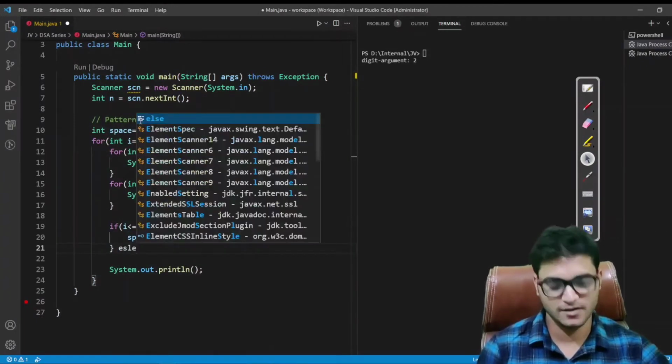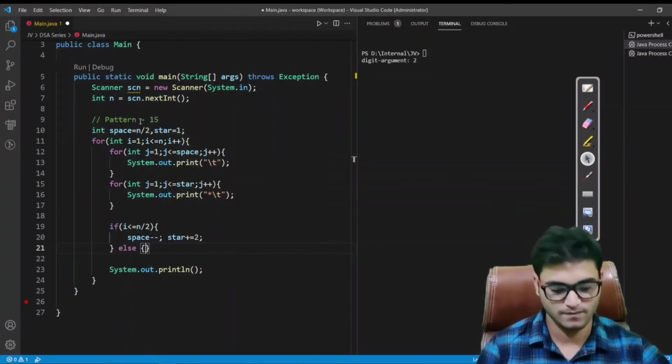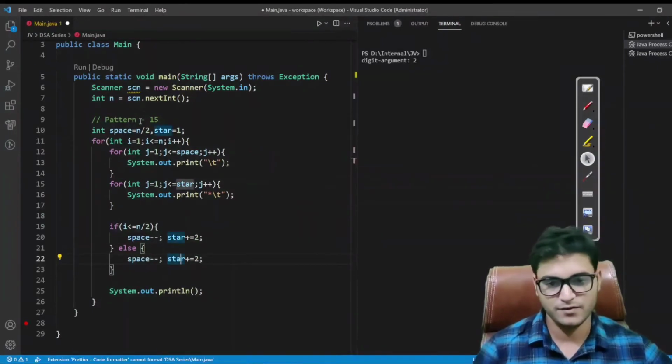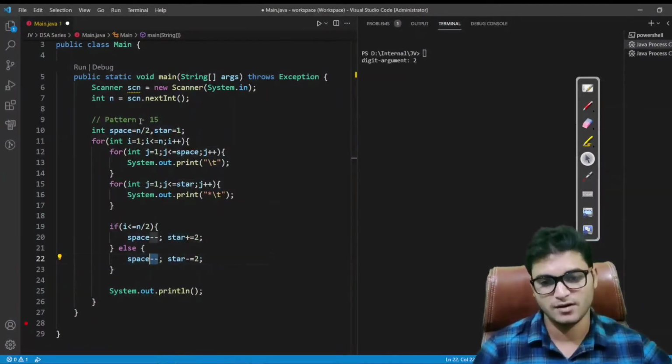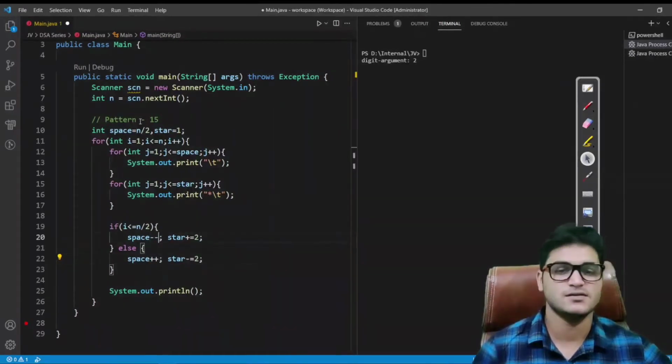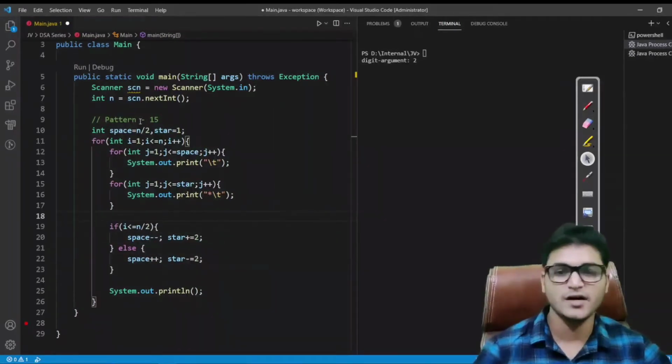And for the second half, we have to decrease our star value by 2, and we have to increase our spaces by 1 also. So we are done with the shape.